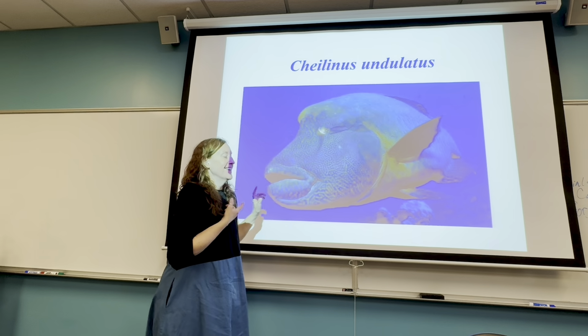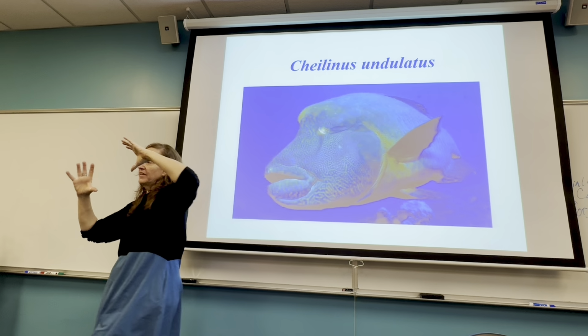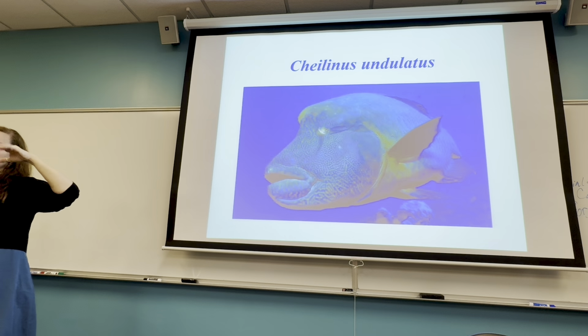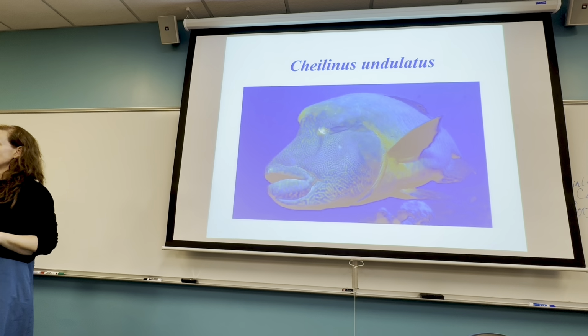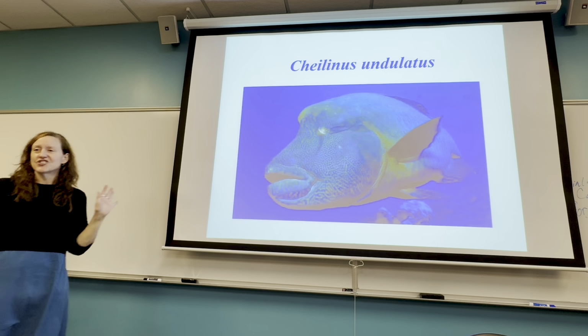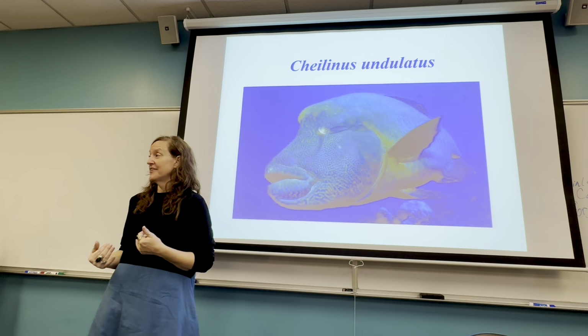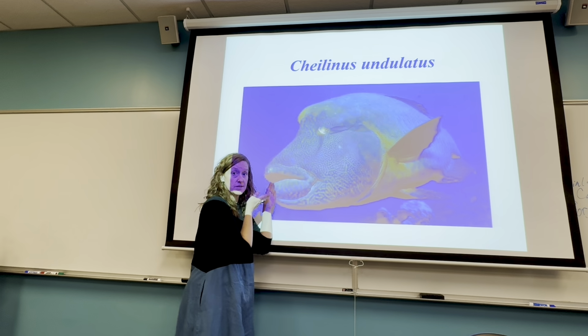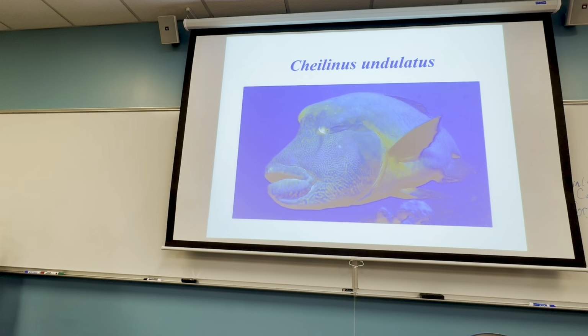So with the supermale, a lot of females are trying to mate with this male. The other males are kind of this size, and they're very drab, not bright colored like this. And so the other males are trying to do all kinds of dances and show, I can protect your babies, and they're trying to get the female's attention, but the females are like, I want to mate with this supermale. So there are some interesting behaviors that happen amongst the wrasses in a population of Cheilinus undulatus.